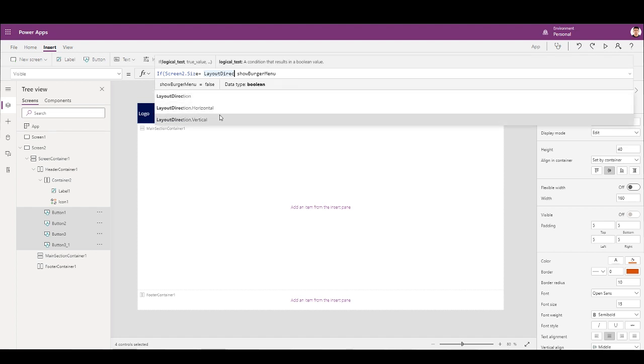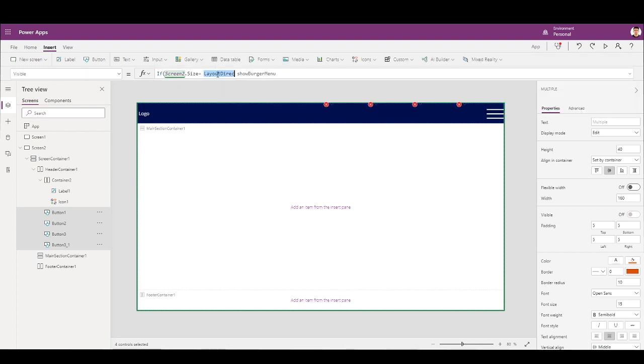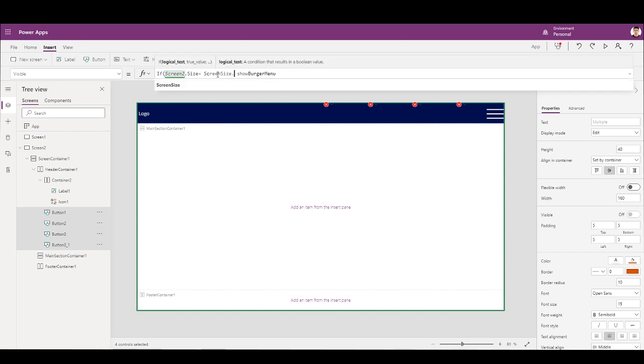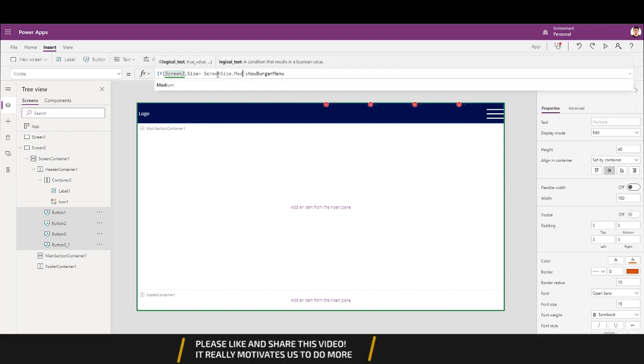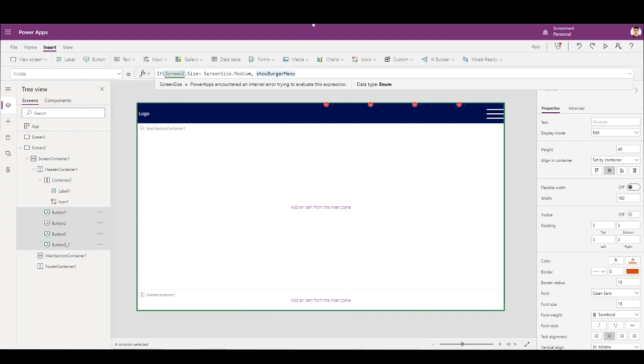Okay, my bad, Screen.Size dot medium, then in that case use burger menu, or just true.